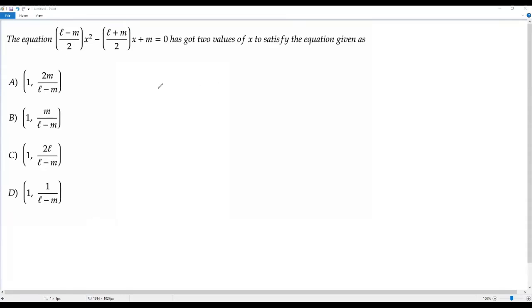Here we have an SAT math problem. Okay, let's go to the question. The equation (L − m/2)x² − (L + m/2)x + m = 0 has two values of x that satisfy the equation, given as: